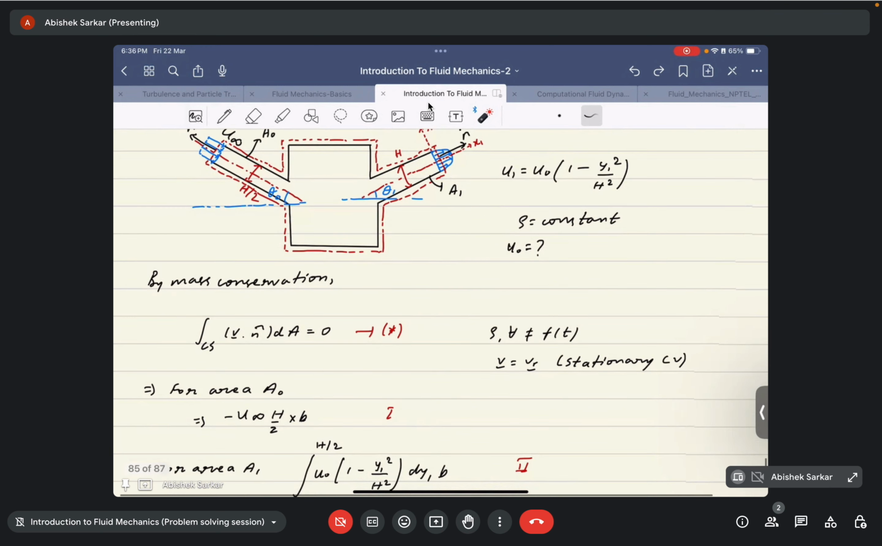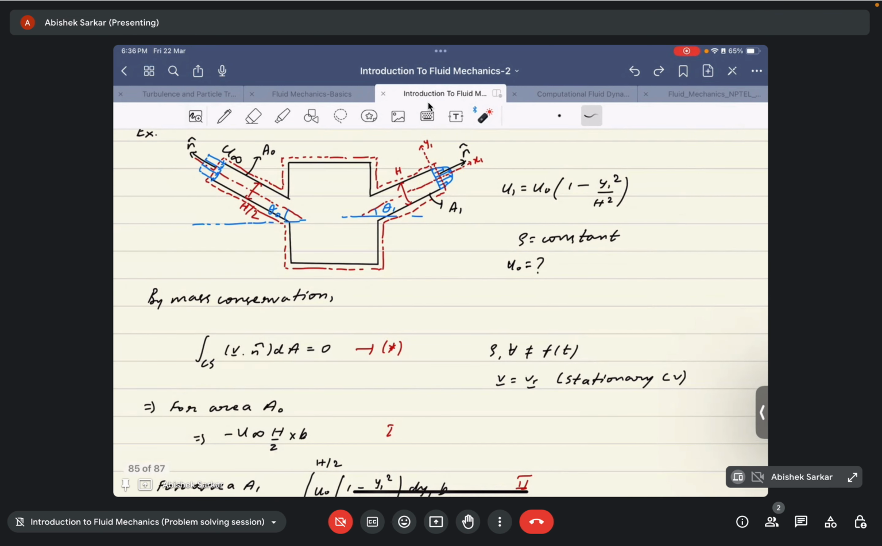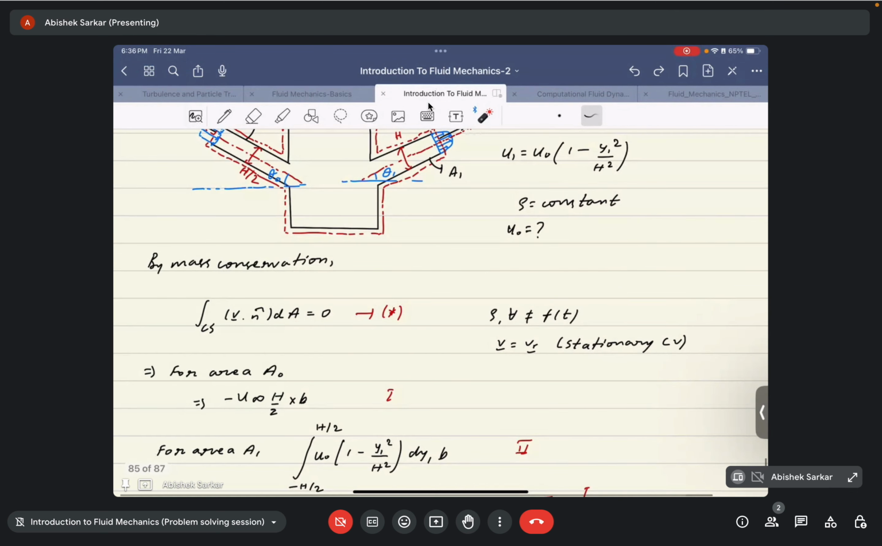So for the inlet that has an area of A naught, since density is constant, instead of choosing the mass flux, we can deal with the volume flow rate as well. If density is constant, then we will have that Q1 is equal to Q2, or Q inlet is equal to Q outlet. So if we say that, then